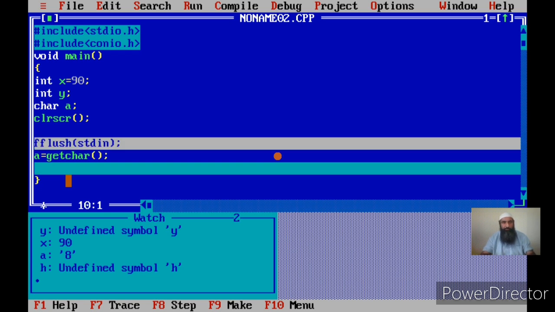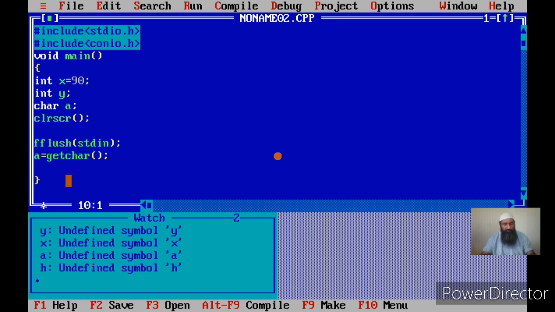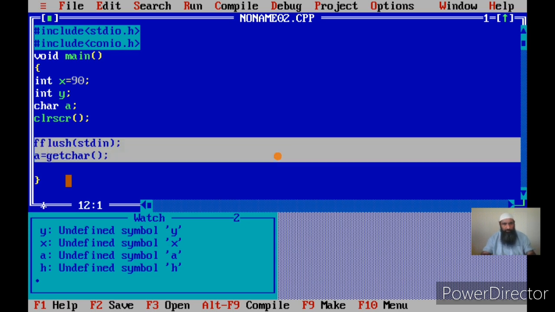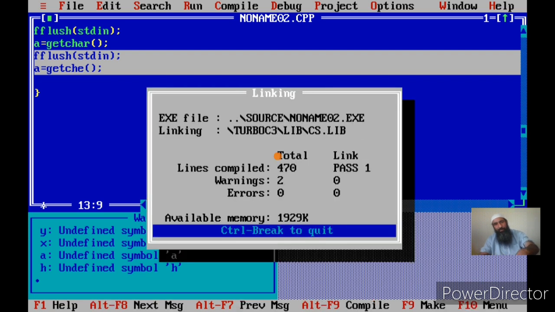Now let us go for another function and see how that works. Now I use another function, that is getche.